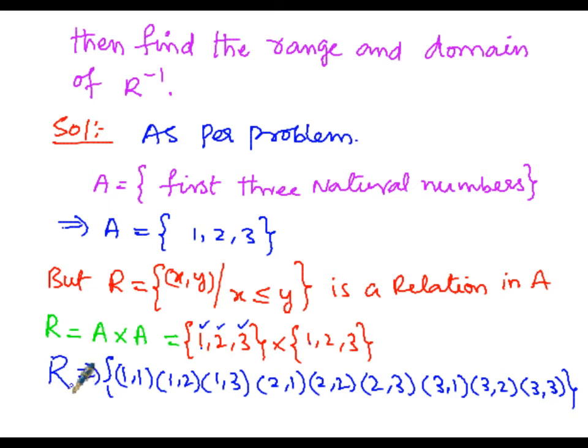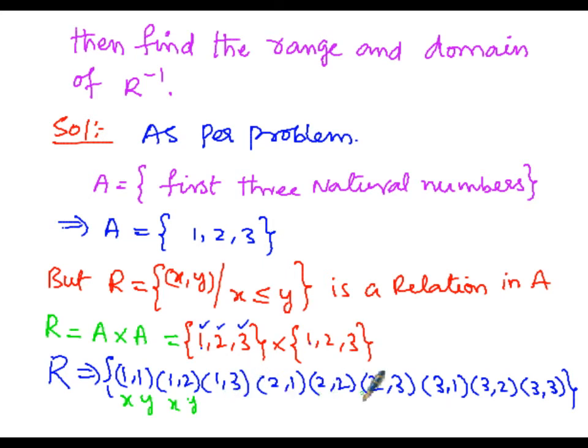We will get the inverse of this relation by interchanging the first and second coordinates. As per the first ordered pair, the first coordinate is 1 and the second coordinate y is also 1. By interchanging (1, 1), we again get (1, 1) itself as an element of R inverse. Then the x coordinate is 1 and the y coordinate is 2 in the second ordered pair. When we interchange, instead of (1, 2) we write (2, 1) as the element of R inverse. Similarly, (1, 3) must be written as (3, 1), and so on.